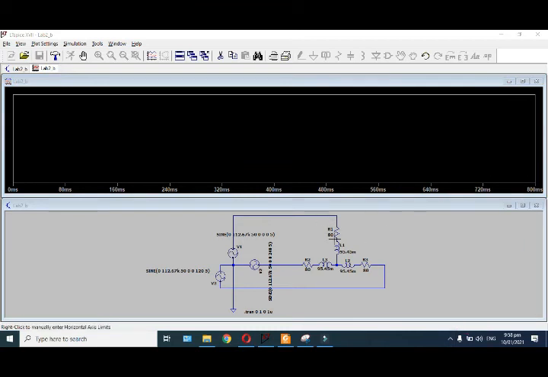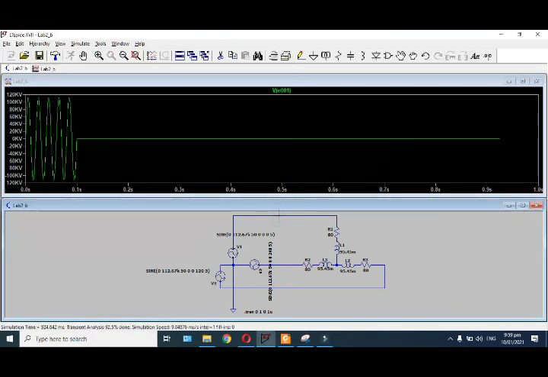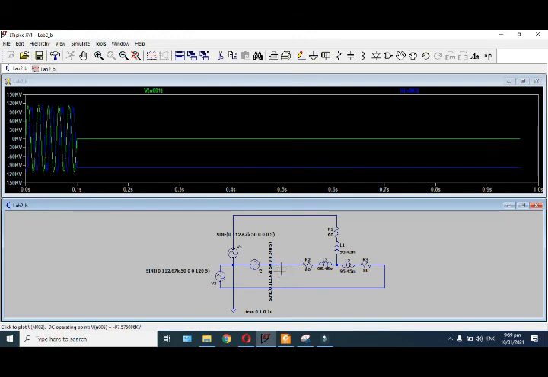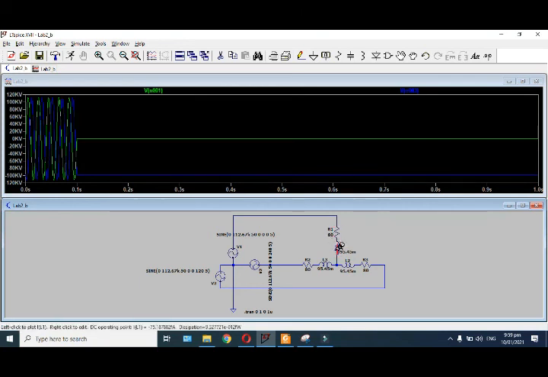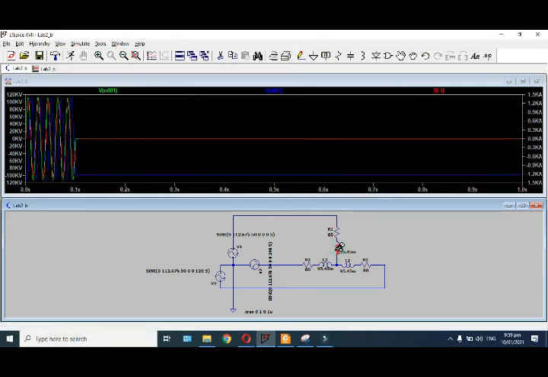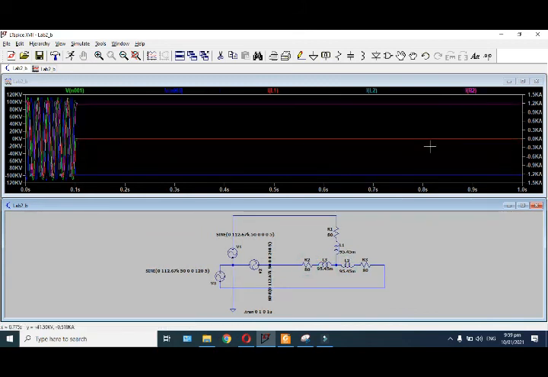If you click on any component, the current will be shown for that component. If you click on any node, the voltage will be shown at that node. So if we click on this node, here is the phase B voltage VB, and here it will be VC, the third phase voltage. Then the first phase current, the inductor current, the second inductor current, and the third, IC.